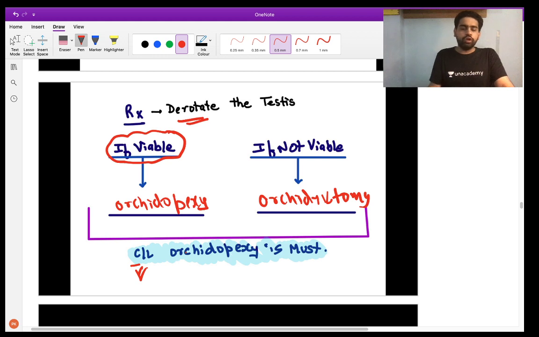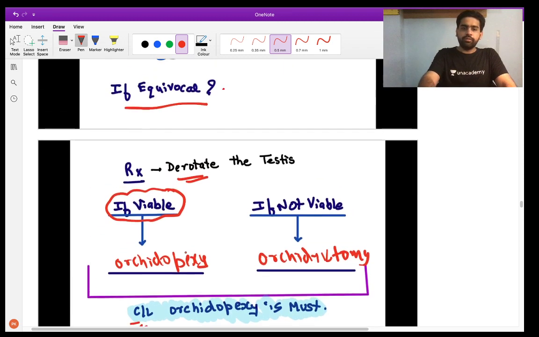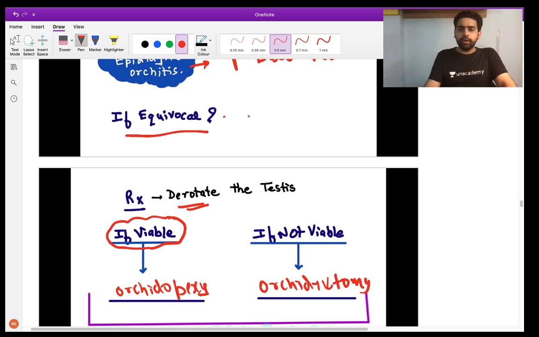Maybe the next time the patient will not be able to come to you in the early phase. So to prevent it from undergoing the torsion, you fix that already, right? So this is about the management of a testicular torsion. They ask you about the golden period. So 6 hours is the golden period. If you operate the torsion of the testes within 6 hours, you have a high chance of saving the viability of that particular testis. So this is about